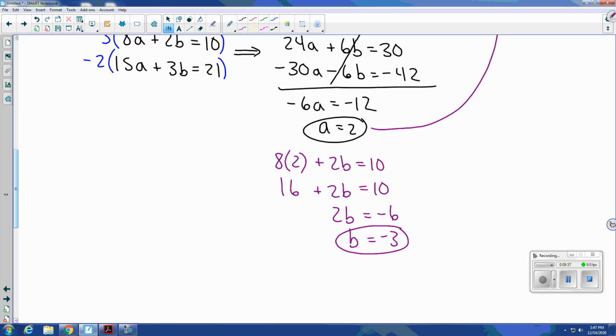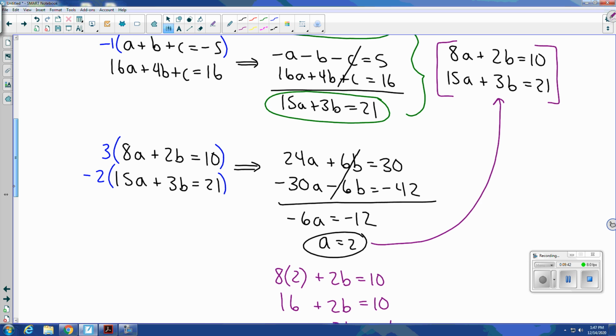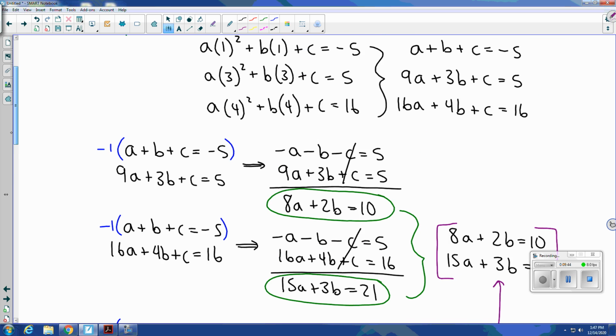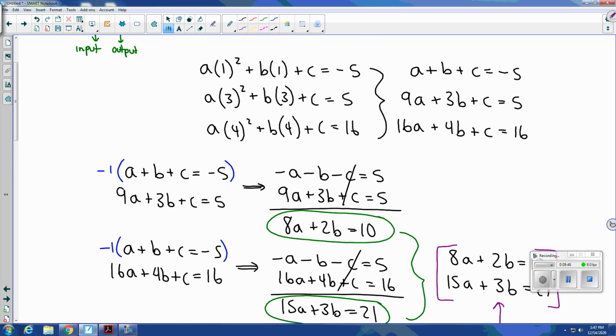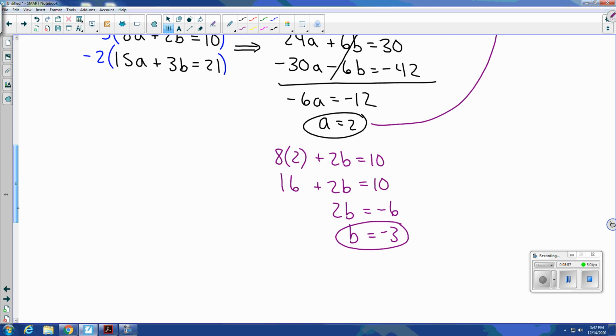Again, I have to substitute that first value that I find for the first variable back into the system of 2, because if I substitute it back into the system of 3 that I started with, well, I don't know the value of C. I only know A, so then I would be left with a system of 2, and it's a wasted effort. So now that I have A and B,